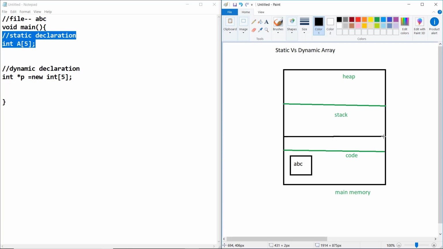For this array, it will create a stack frame. We have discussed this stack frame.